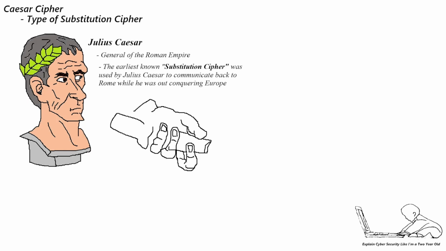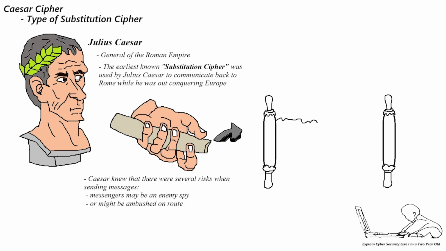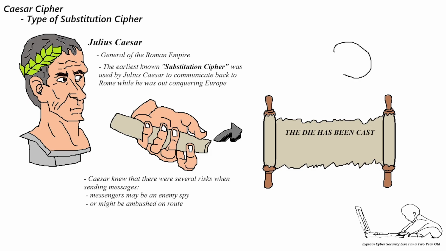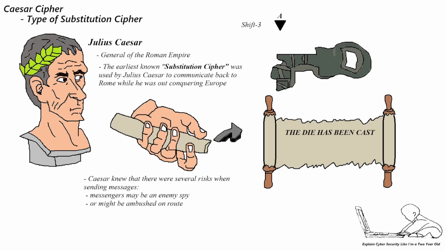The basic concept of the cipher Caesar used is very simple today, however, would have been sophisticated in Roman times. Imagine Caesar wanted to send this message back to Rome encrypted. To do this, he used a substitution cipher, meaning he shifted or rotated each letter by 3 places. Hence, Caesar's cipher is known as ROT3.